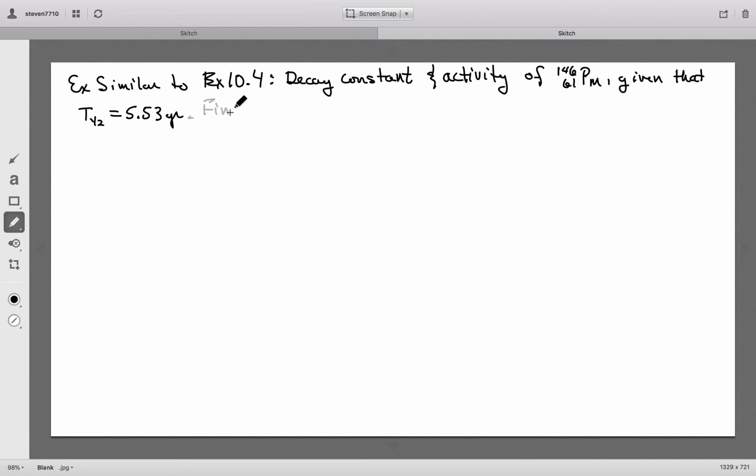Find lambda and activity for 1 gram of that substance. So the decay constant